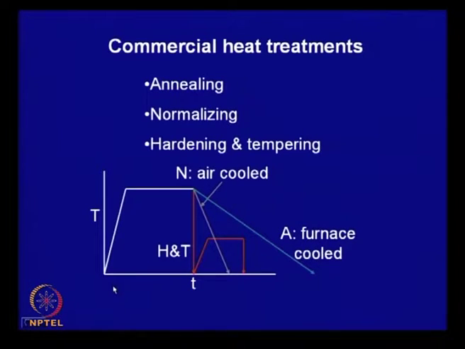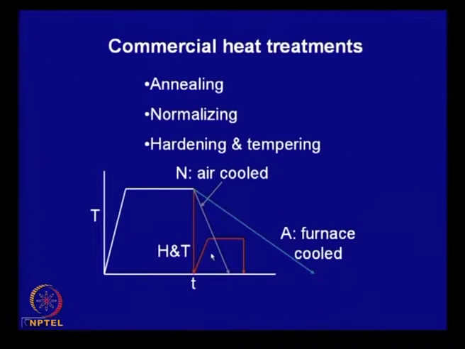And here is the heating cycle which is shown. Normally, you heat it to an austenitizing temperature and keep it there. Let us first consider eutectoid steel. The heat treatment temperature, that is the austenitizing temperature, irrespective of whether it is annealing, normalizing or hardening, is around 30 to 40 degrees centigrade above the eutectoid temperature. And here this is the heating cycle, and this is the soaking cycle. After the structure has become homogeneous and the temperature is also uniform, then